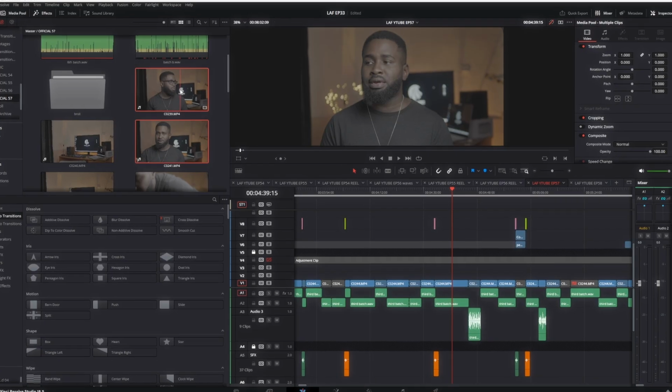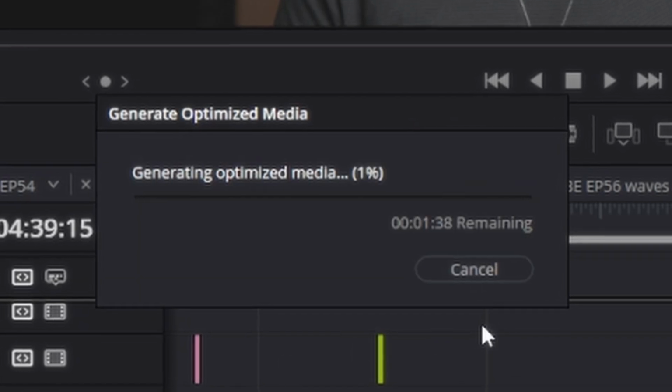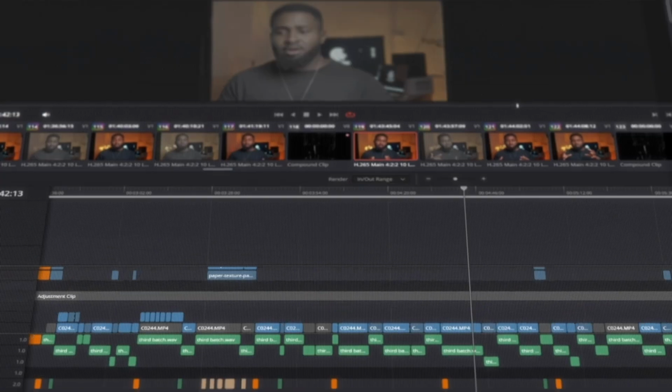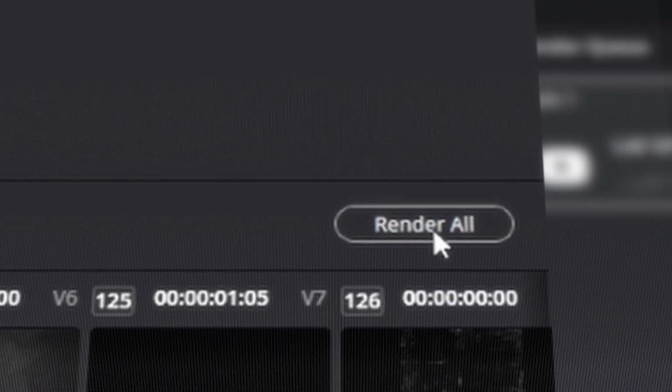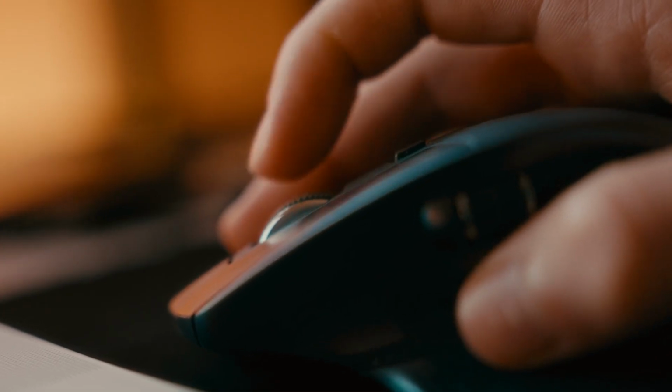Now, the optimized media feature, on the other hand, converts your footage into a format that is easier for your computer to handle, which now leads to easier and smoother and quicker editing. And then when it's time to finish your project, it automatically connects back to your high quality footage. And so these features are really helpful if your system isn't very powerful. You're still going to be able to edit high quality, high resolution footage without constant slowdowns,